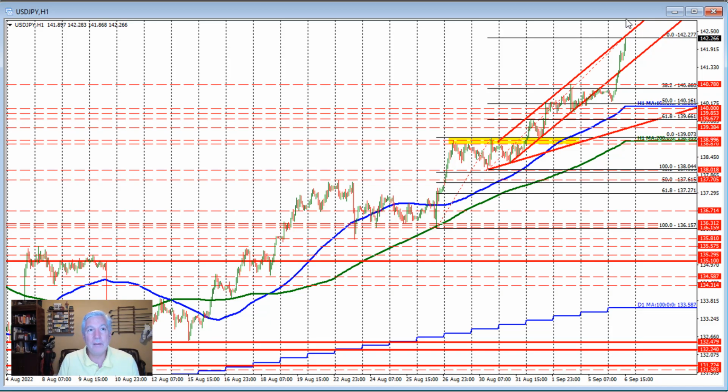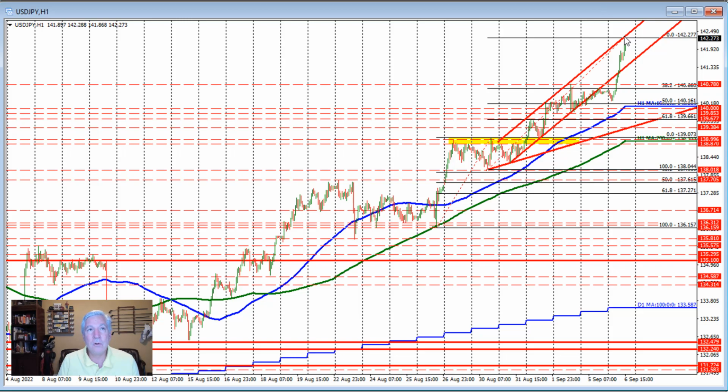And if we get above that level, that'll increase the momentum to the upside for the dollar versus yen. And well, it's tough to get in the way of the movement. The yield differentials continue to push that pair to the upside, and what we need to see is something that would stall the level and then start to take some levels back on the downside. If we were to look at the move to the upside here, for instance, the 38.2% retracement of this last trend move to the upside here comes in at